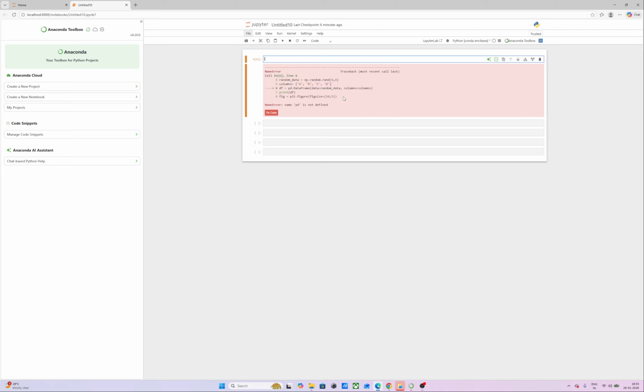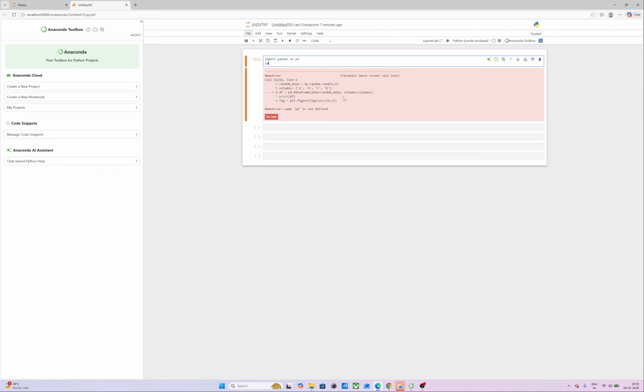Before beginning with the examples, let us first understand what a bar plot is. It's a graph representing data in the form of rectangular bars with lengths and heights proportional to the values they represent. Cool. So let us start the coding with the first example using pandas. So import pandas as pd, then import matplotlib dot pyplot as plt,